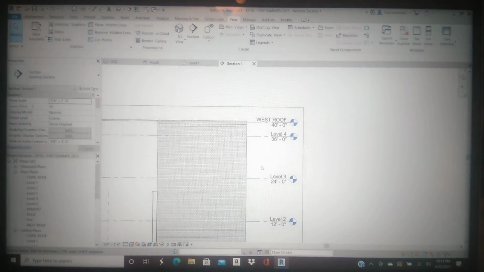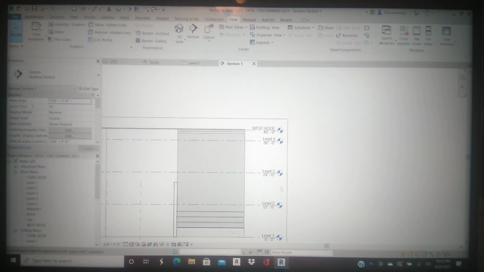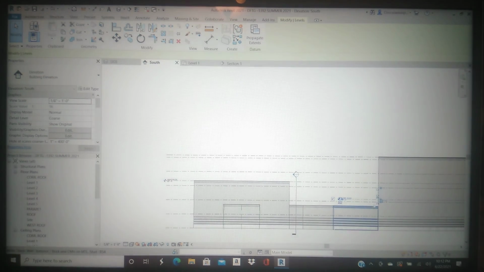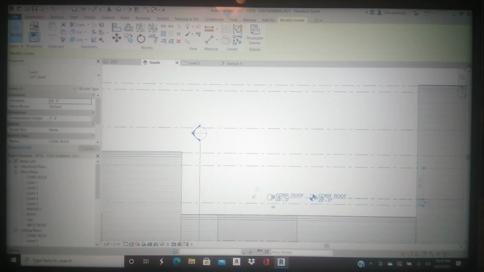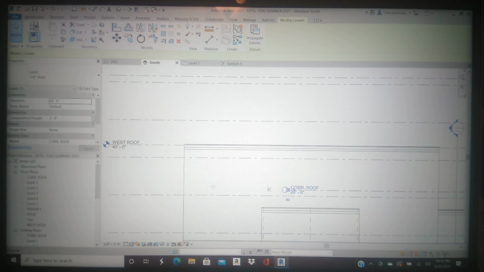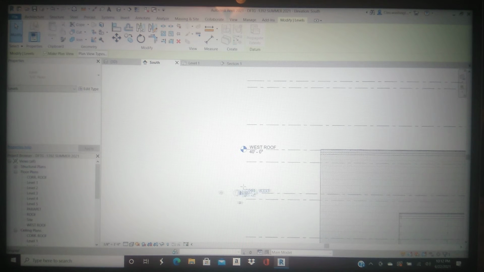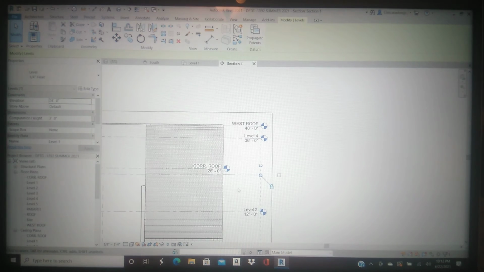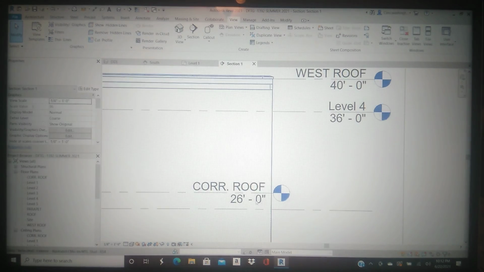So you have your west roof, and you have your corridor roof, which is going to be right above this level 3. Let's go back to the south elevation, okay? Here's the corridor roof. Let's go ahead and drag this out some. I know I dragged it in, but I want to drag it out just so we can make sure we're seeing it in that view. All right, go to section 1. Now you can take this level 3 and turn it off, all right? And you can take this guy